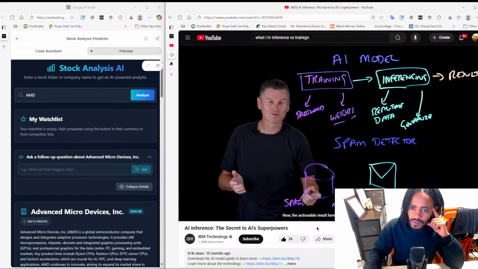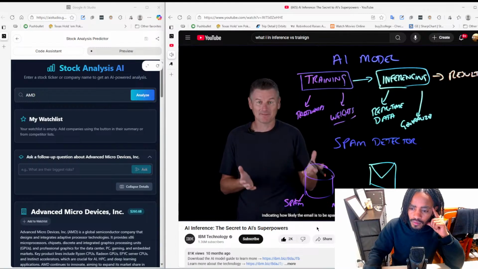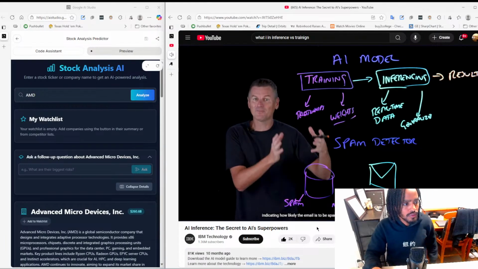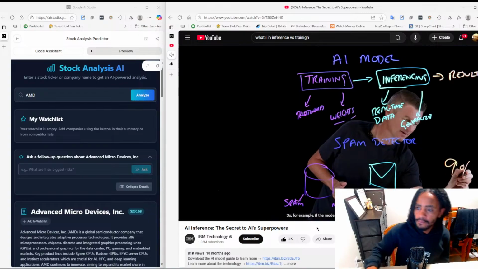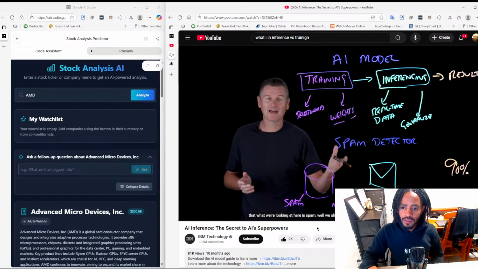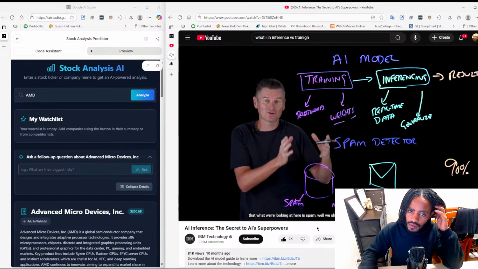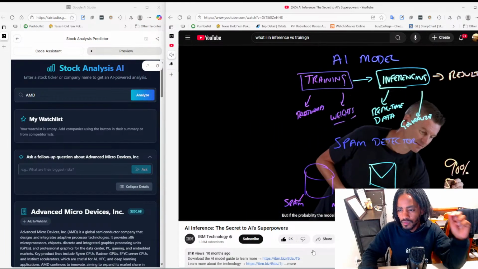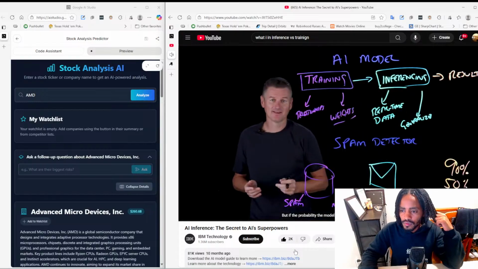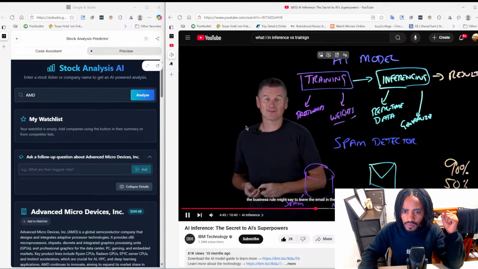Now, the actionable result here might be a probability score, indicating how likely the email is to be spam, which is then tied into a business rule. So for example, if the model assigns a 90% probability that what we're looking at here is spam, well, we should move that email directly to the spam folder. That's what the business rule would say. But if the probability the model comes back with is just 50%, the business rule might say to leave the email in the inbox, but flag it for the user to